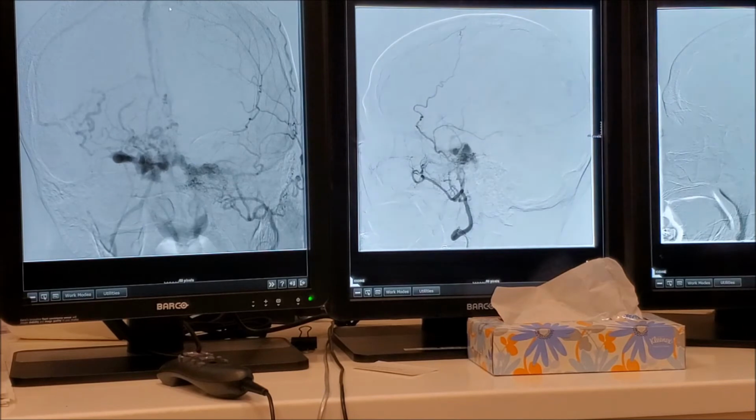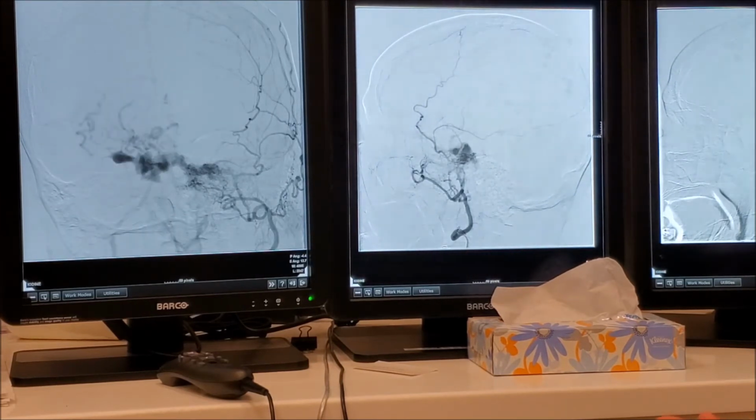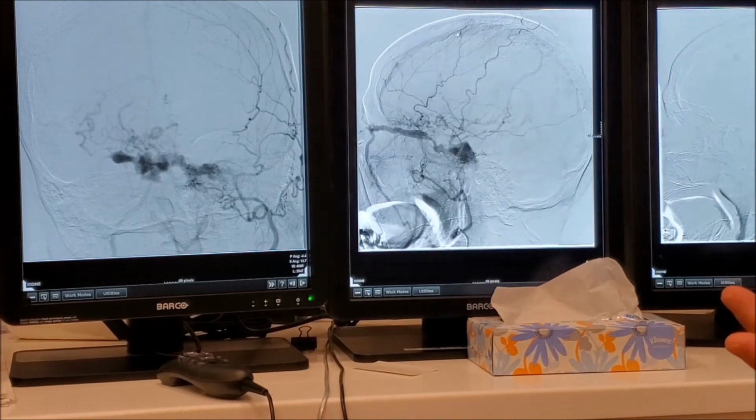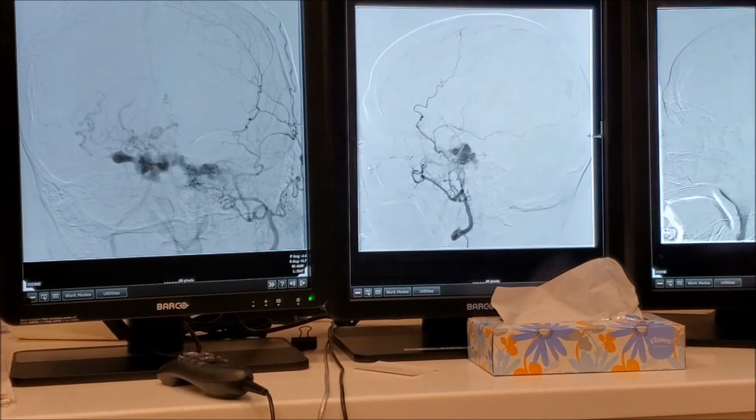No, on the very lateral, on the right side, on the AP. That's what I'm saying. I'm seeing this structure that doesn't belong here, and the way it's filling from distal. The cavernous sinus doesn't drain to the superior sagittal sinus. So the fact that I'm seeing the superior sagittal sinus, I'm looking, is there another fistula? Is there something else? Only selective injection will clarify that.